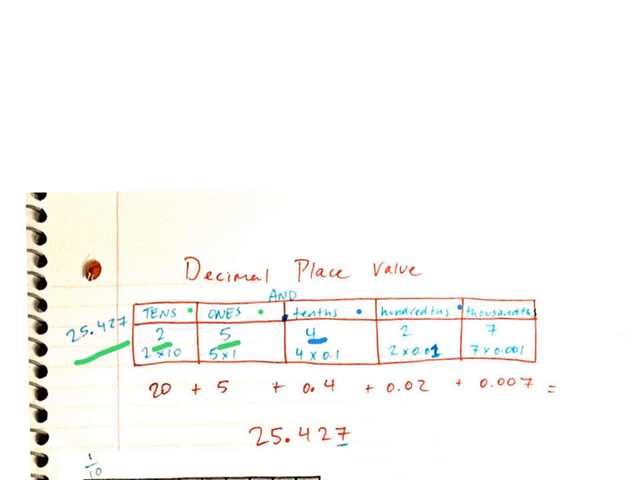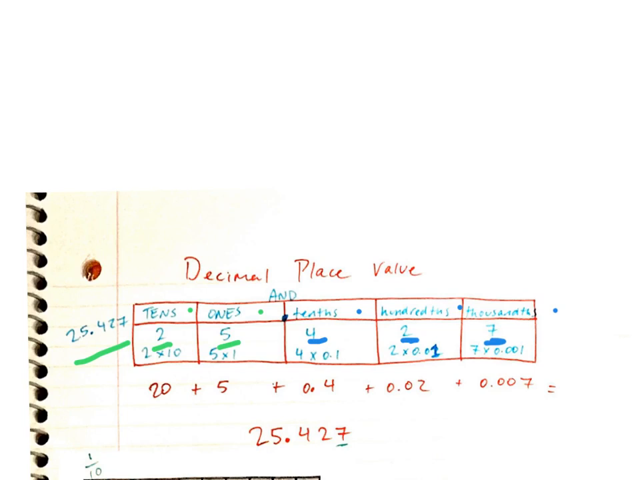In the hundredths place, we have a 2, so we have 2 hundredths. If this was money, that would be like having 2 pennies, because there are 100 pennies in $1. And then finally, we have the thousandths place, and we have 7 thousandths. Now, we don't have a coin for a thousandth of a dollar, so that's kind of where the money example